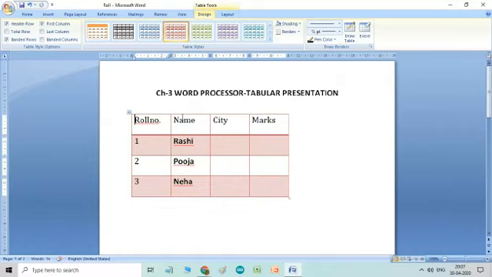Now children, we will learn also how to insert an extra row or column in the table. So what you have to do, suppose you want to insert a column. Keep your mouse on the top of the column wherever you want to insert the column. The cursor will change into a down black arrow. Now you just click, and the column will be selected.